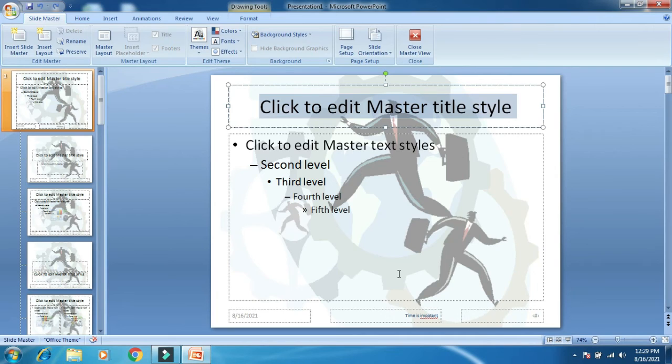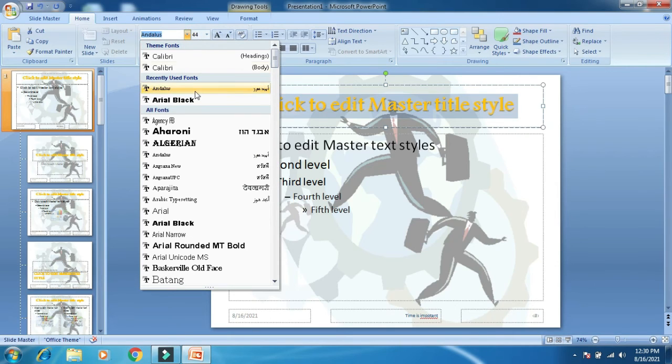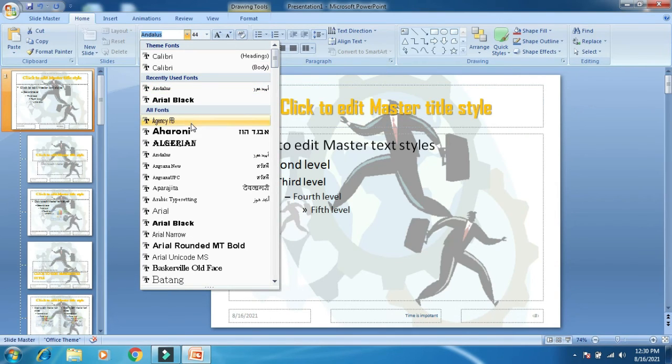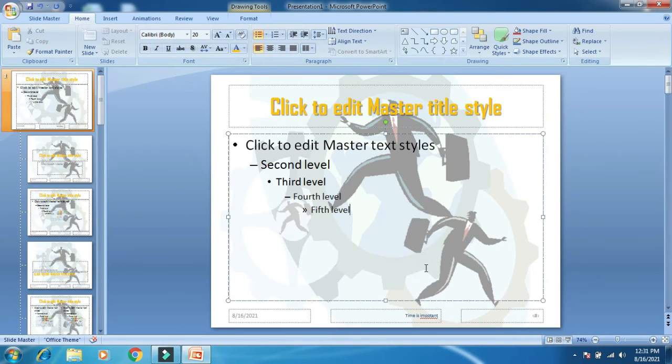Let's view the slide master. After applying all these formatting, now we will change the style of the font and its size and color. So let's click on the start button, and then click on the Home tab.